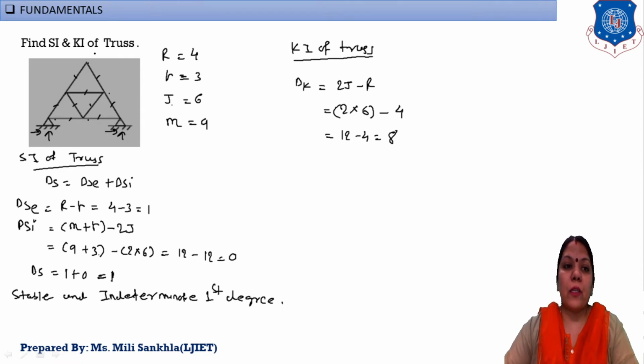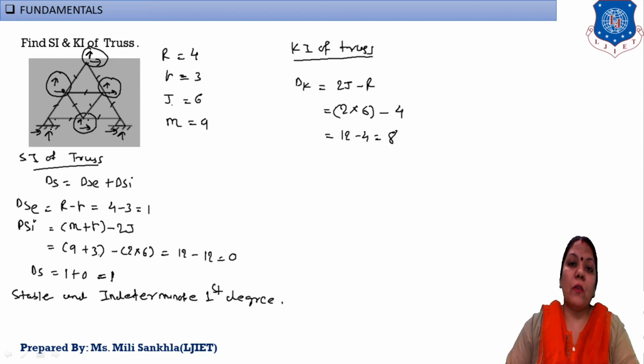Here, this joint is allowing horizontal and vertical movement, this joint is allowing horizontal and vertical, this joint is allowing horizontal and vertical, and this joint is also allowing horizontal and vertical. That means first degree of freedom, second degree of freedom, here a degree of freedom, and this degree of freedom. Hinge support is allowing for moment, but why can't we take it? Because a truss is subjected to only axial forces. Look at this: 1, 2, 3, 4, 5, 6, 7, 8. My answer of 8 is right.